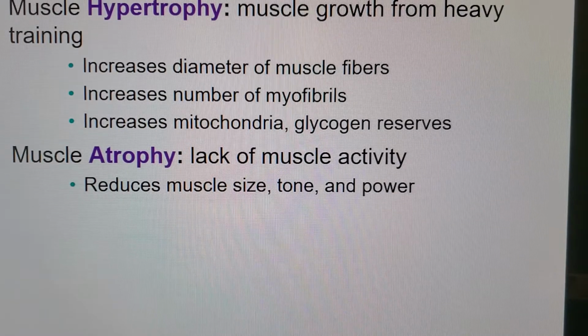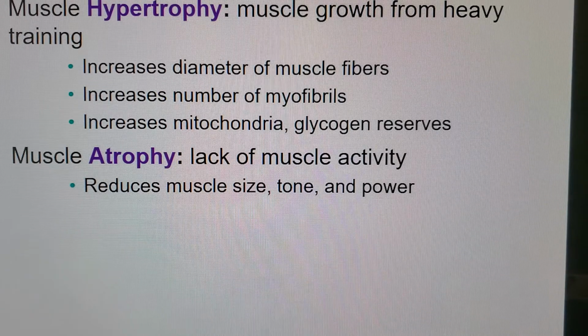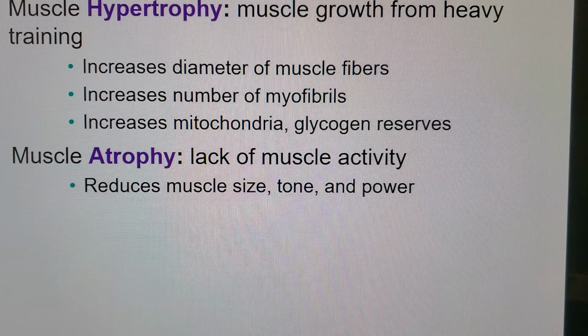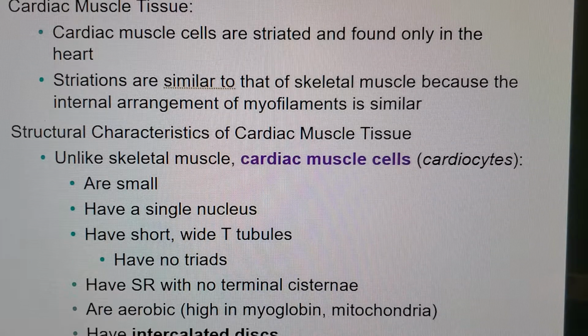Another reason that elderly people will fall down, sometimes it's not osteoporosis, sometimes their bones are in good health, but they just have so much muscle atrophy that they can't continue walking when they thought they could, and a little bump or a little trip and they're on the floor. Okay, so we've been talking about skeletal muscle for this whole time.